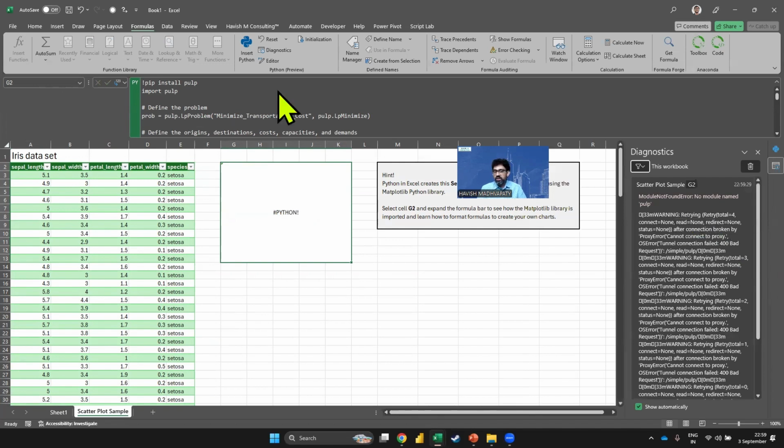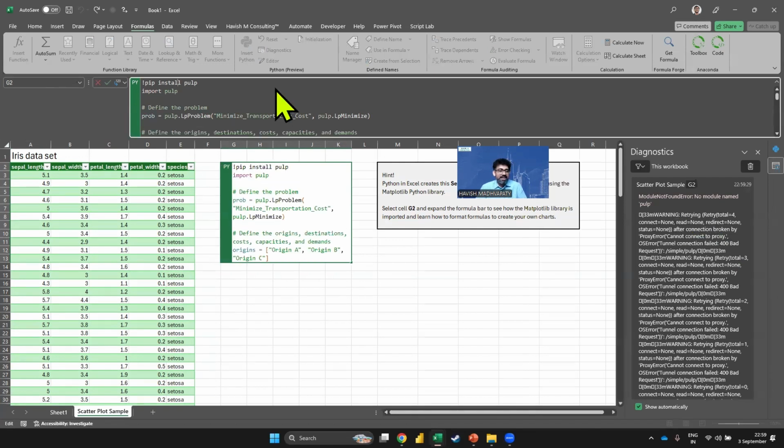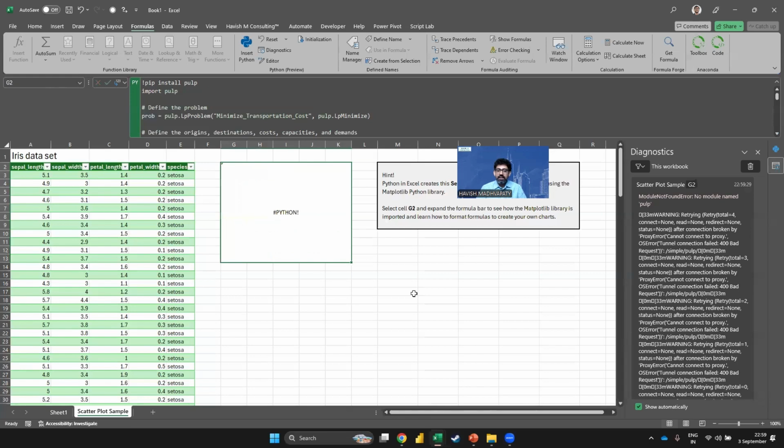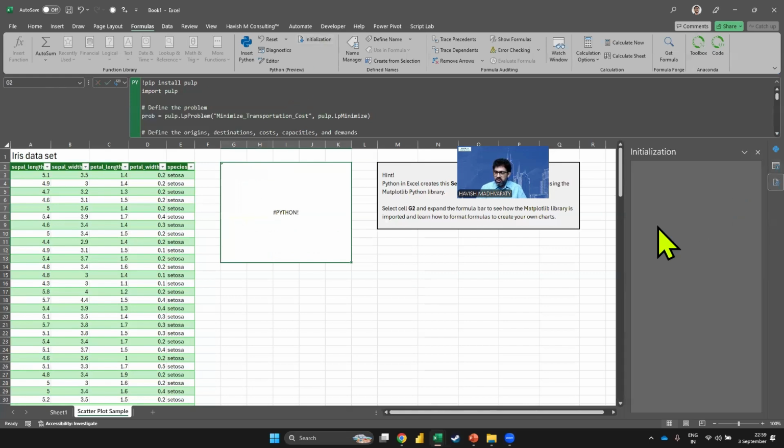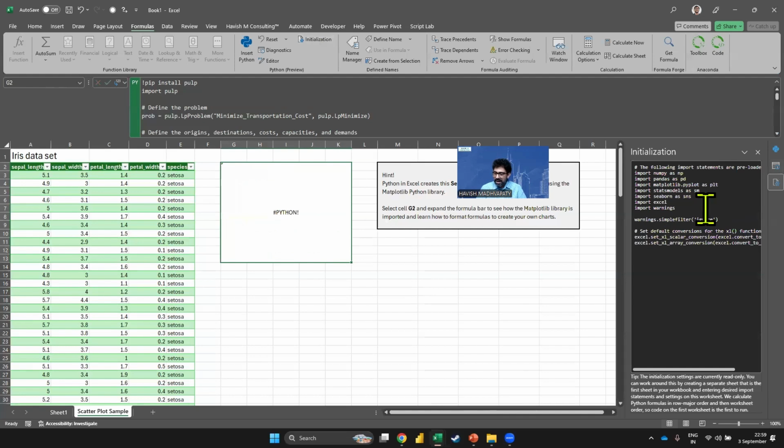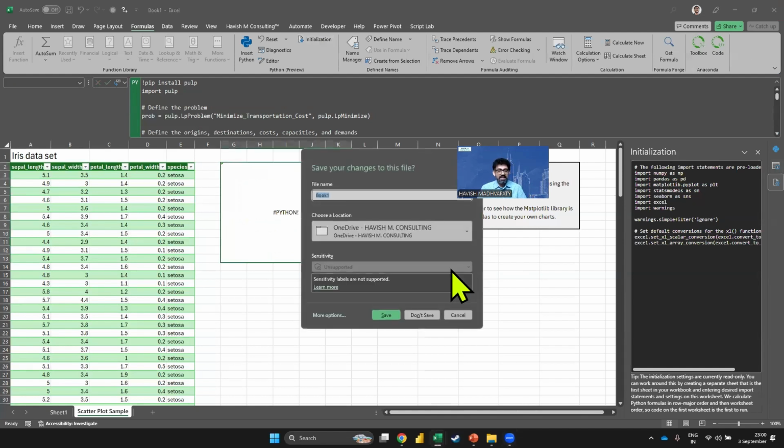Yeah, it says no module called pulp. So it was not able to access the module, but once those options are there as well, like in initialization, let me see if pulp can be added. No, exactly. So pulp is not supported, but theoretically, you can actually now do these things on Python as well,